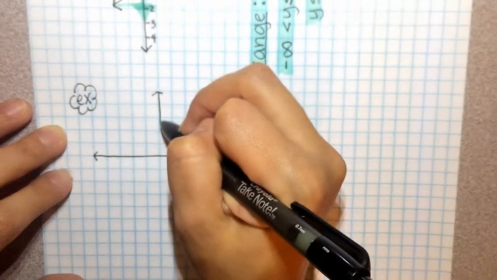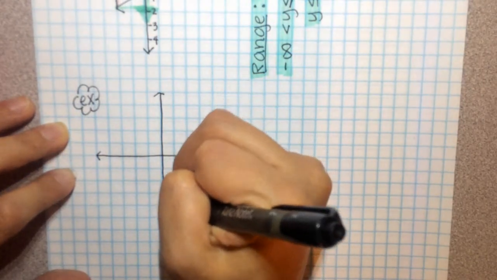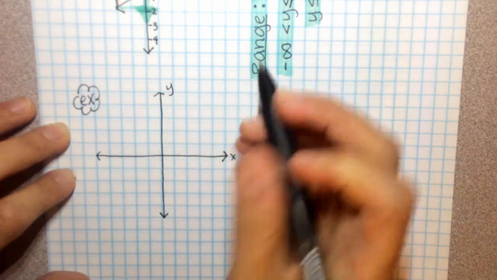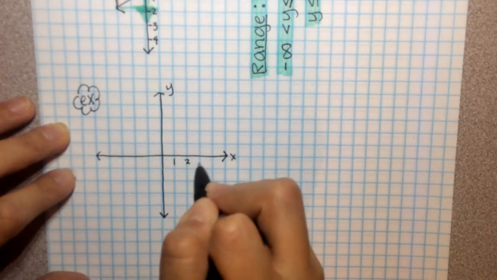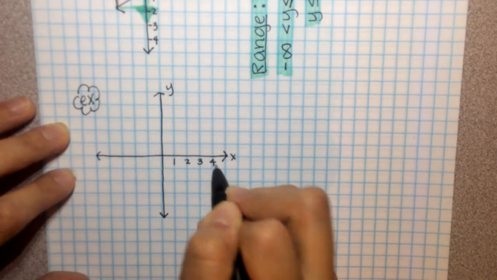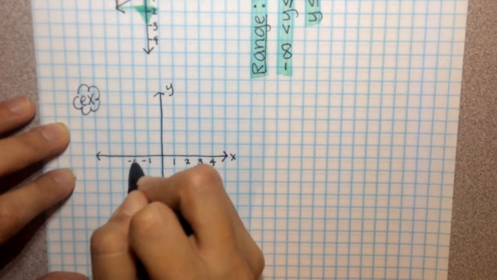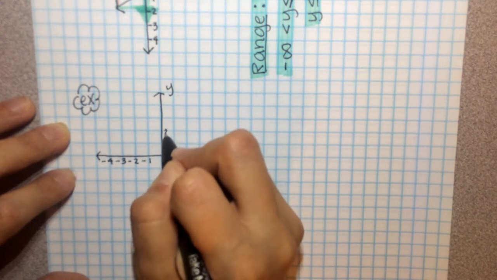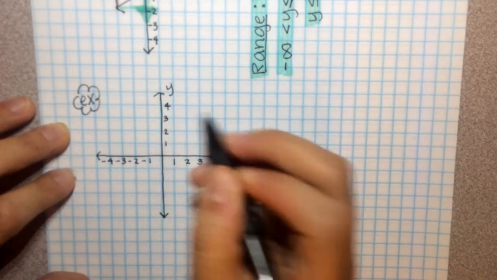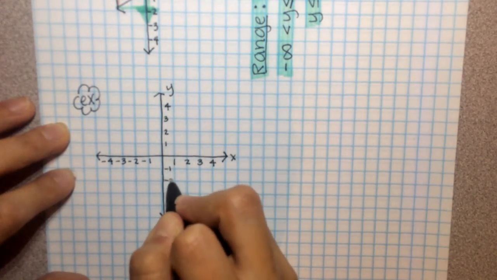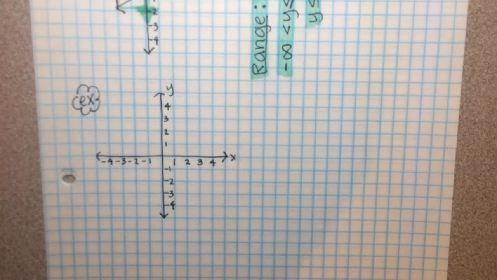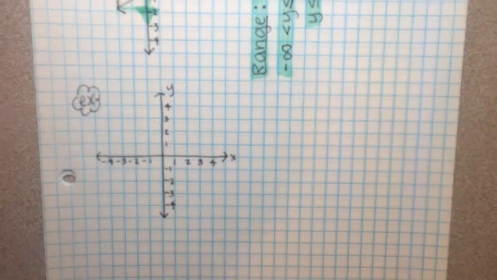These are given to you. We are just drawing them for the purpose of we don't have graphs. Plus, you get to practice your straight line skills. And this one,